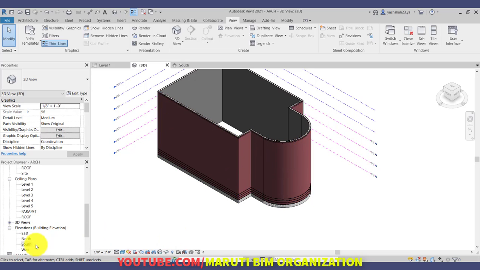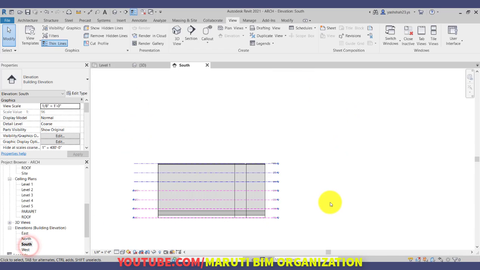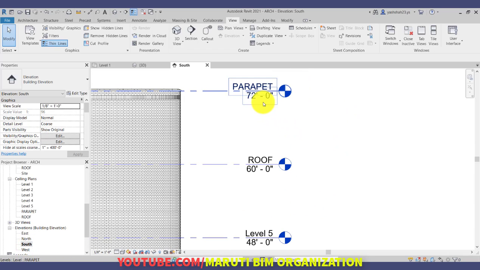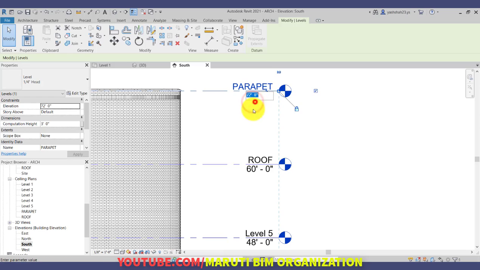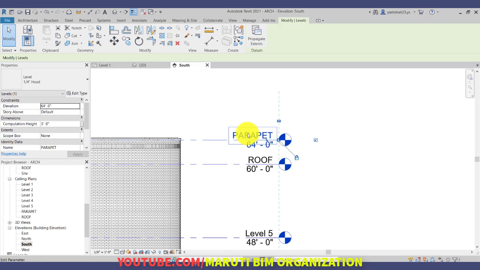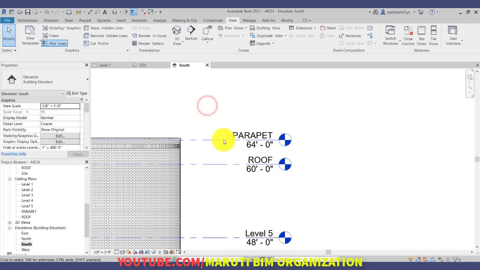Now we will go to the south elevation. Right now the height of the parapet wall is 72 feet. Let us change 72 to 64 feet. So notice that all the walls are also associated and the wall height is also changed according to the height of the level.